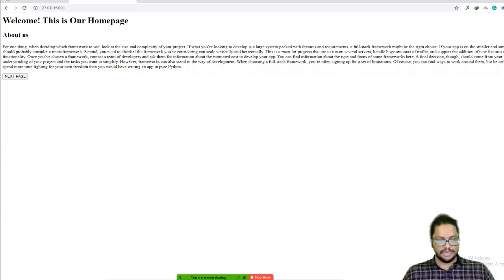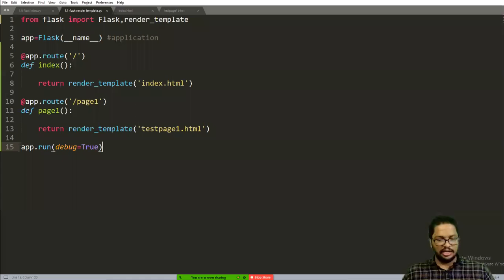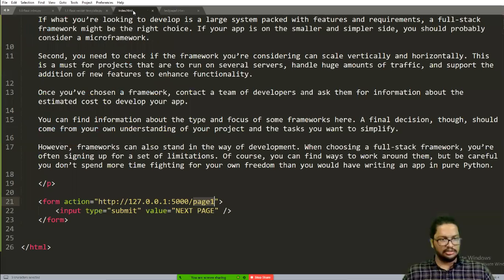When this button is pressed, we have given an action here, right? This action is given in the HTML file. So once this kind of submit button is pressed, this action would be taken, and this is the text you are going to see in the button. This action will be performed, or this URL will be called. So what happens when this URL is called? You can see that